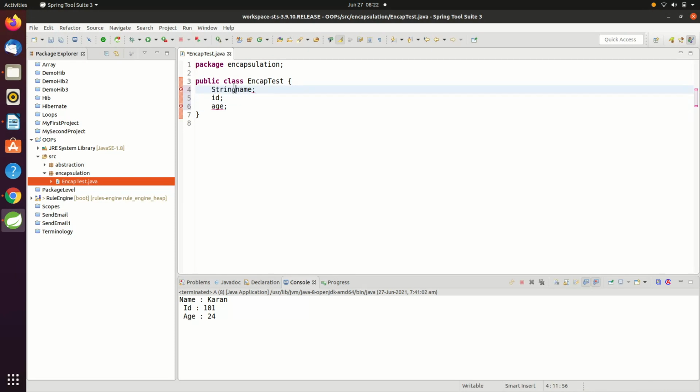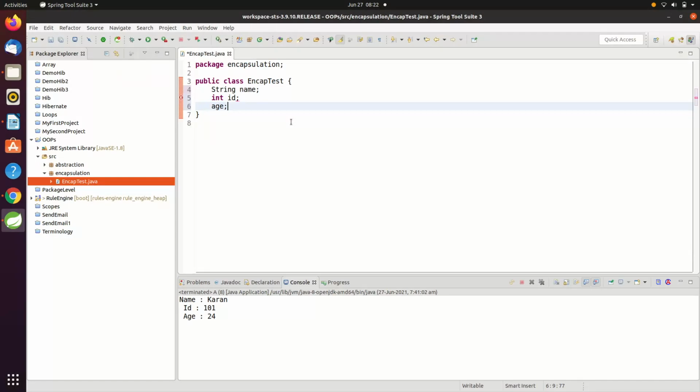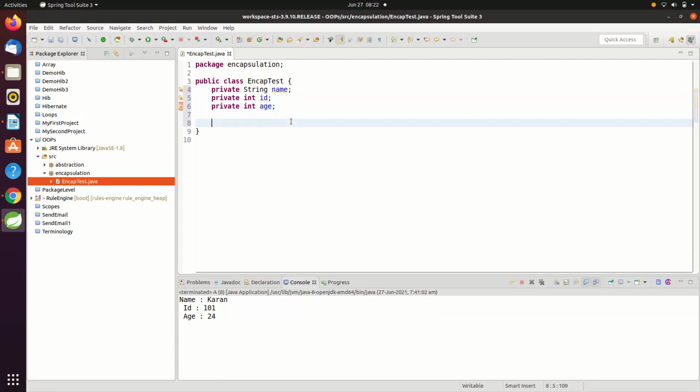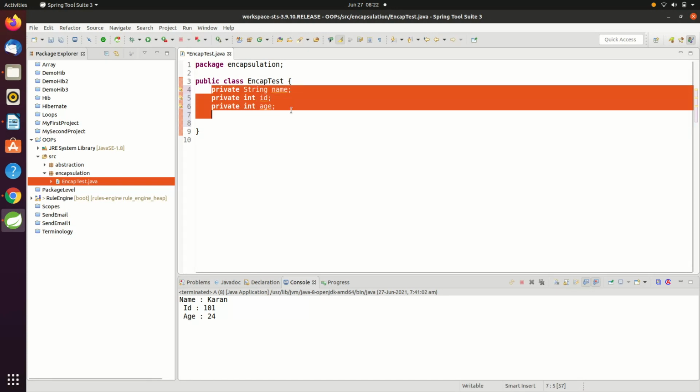The data type of name will be String, ID will be int, and age will be int. But remember, guys, how to achieve encapsulation: by declaring the variables as private. So private String name, private int ID, private int age. All right, we have all the variables.